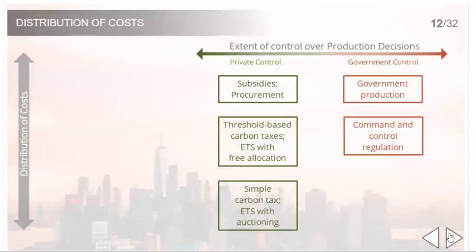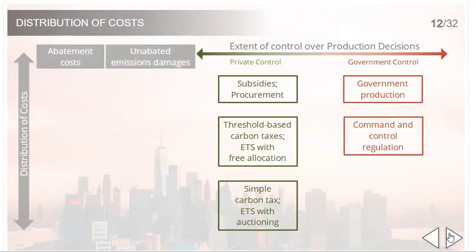The instruments used to address environmental externalities can also be differentiated by how they allocate the costs, who pays and for what. In this context, 2 types of costs are relevant. The obvious one is the cost of abatement, that is, the cost of reducing emissions. However, policy programmes seldom drive emissions to zero, so there are also the costs associated with the unabated emissions, the damages to society. The allocation of these 2 types of costs differs under the various policy instruments.